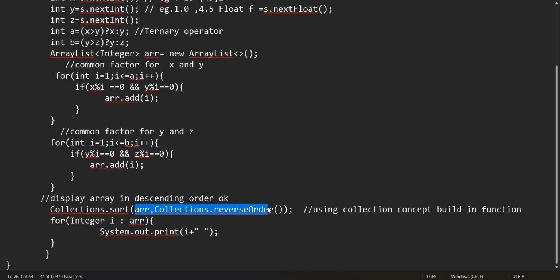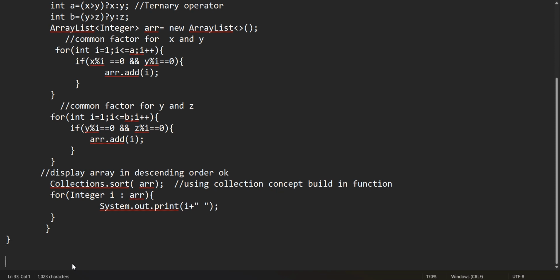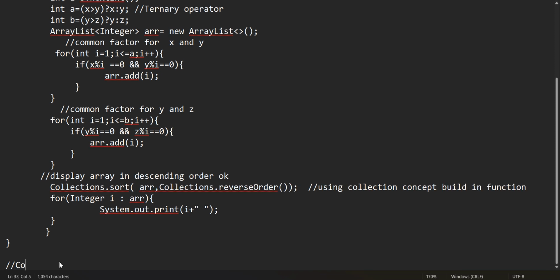Actually, simply Collections.sort of array, I will explain it here. Collections.sort of array, what does it do? It simply arranges the array elements